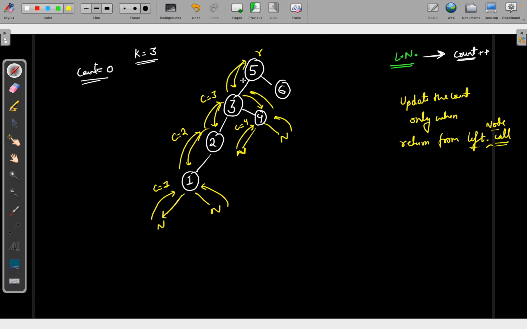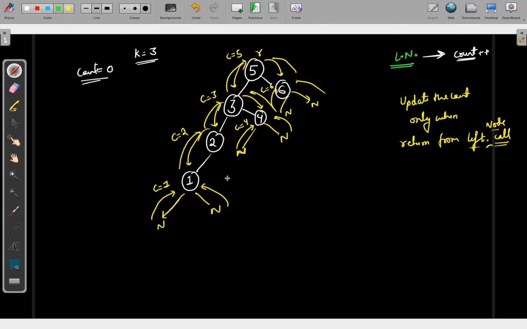Again you will return from the left call, the count will be 5. Again, you will call the right node, again you will call the left node, that is null. Whenever you return from it, the count will be 6. Okay, and here it will be again null. You will return here, you will return here, and now you can see these are your count 1 2 3